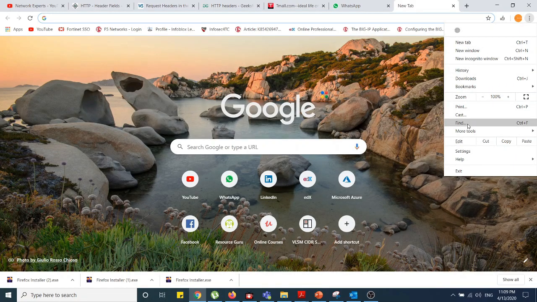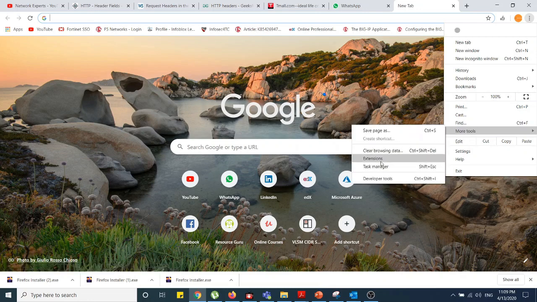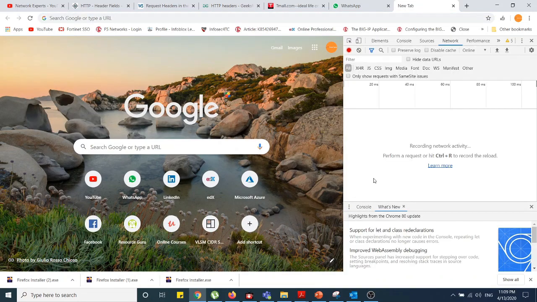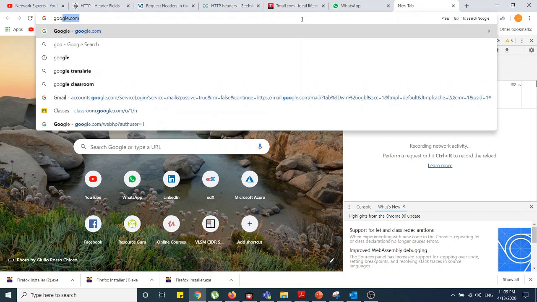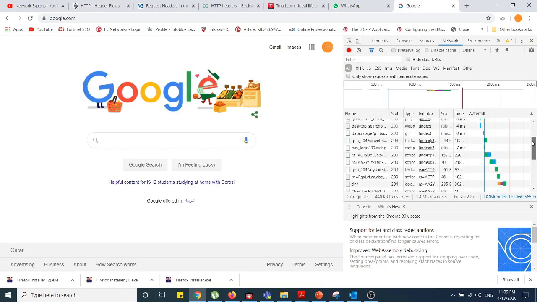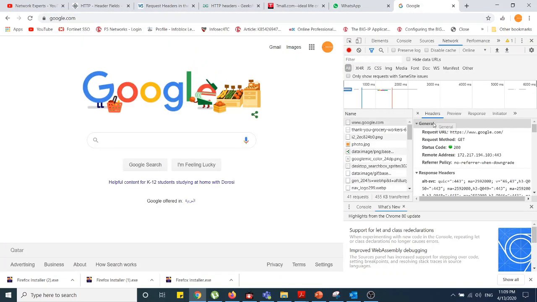So let me show you some headers. There are some built-in features for troubleshooting purposes and to check the HTTP headers. Just open Google Chrome or Mozilla Firefox, go to network, and then open www.google.com. You can see there are some request headers and some response headers.